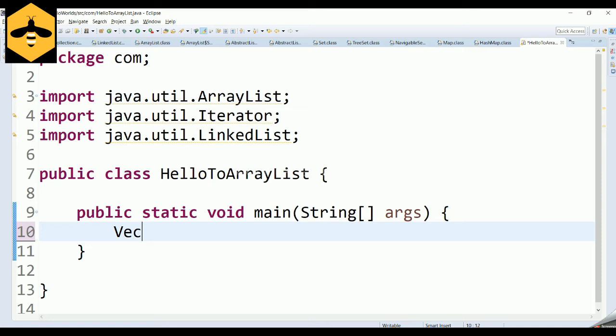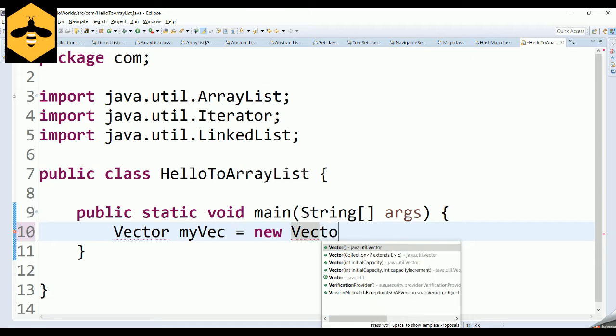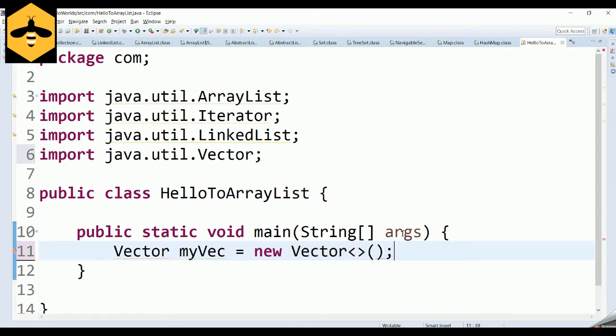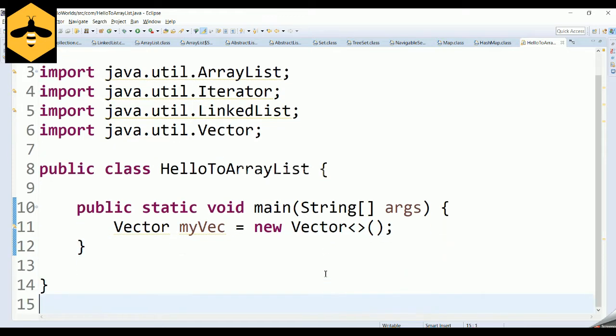When you talk about vector, how to initialize a vector is nothing but, the keyword is Vector. You have to give the name of the vector. So myVector equal to new Vector. There are lots of additional things that come into place in vector when compared to array list and linked list. One main thing is that by default the size of the vector is going to be 10, and when your vector reaches that size of 10 and you try to insert the 11th element, its size will normally double. There are also multiple ways of creating a vector.